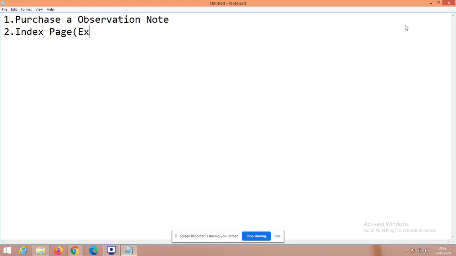So customize it for exercise number, date, title, marks, initial. After the title, you can add page number. These are all the things to be available in the index page. Customize this.